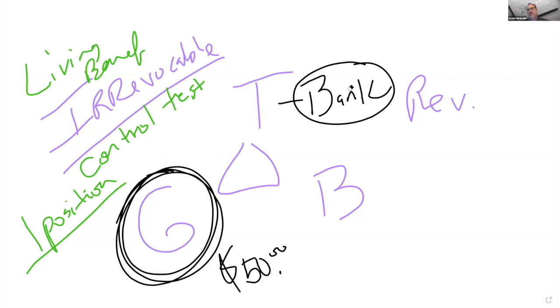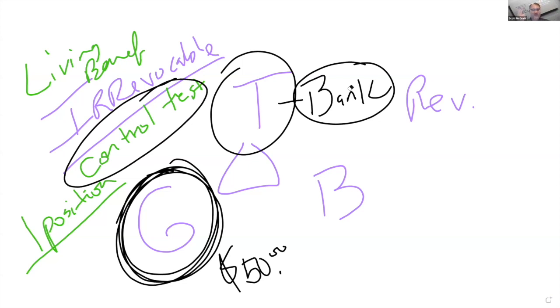Let someone else grant the first asset in the trust, the $50 or whatever the first asset is. Let someone else be the grantor. But let you be the trustee. But remember, you can't grant. Remember, there's a trick. You can't grant the assets in the trust. You can't do it. Why? Because now you have a grantor trust and you're the trustee. So you fail the control test. You cannot have 2 positions.